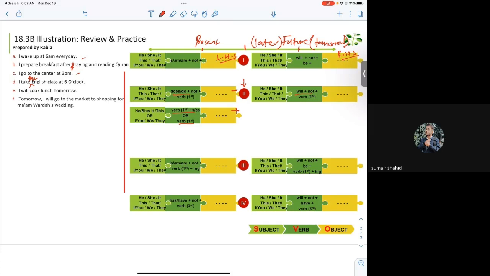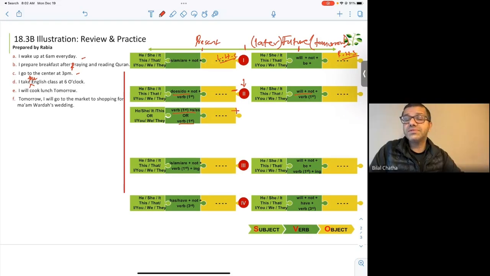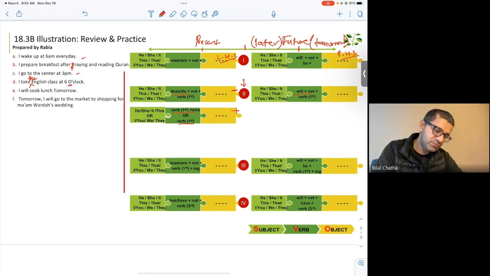ओके और अगर हम ऐसे कहें आई टेक ए क्लास ऑफ इंग्लिश, तो फिर दा नहीं होगा। ए क्लास, अगर आप सिर्फ कहेंगे आई टेक ए क्लास at 6 o'clock, that's fine. Okay. अब दूसरा इसमें एक्चुअली जो चीज मैंने मेंशन करनी थी, ओ कैपिटल है।